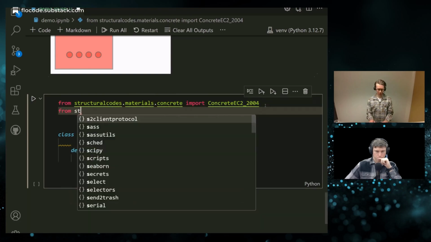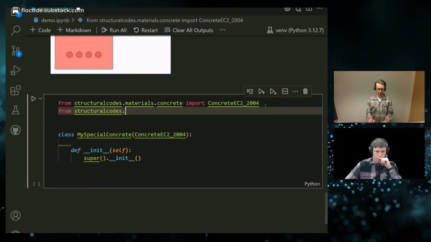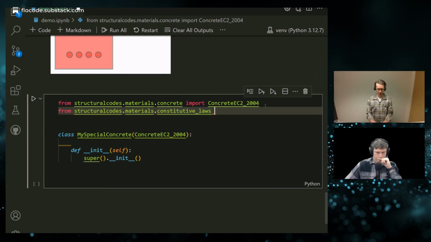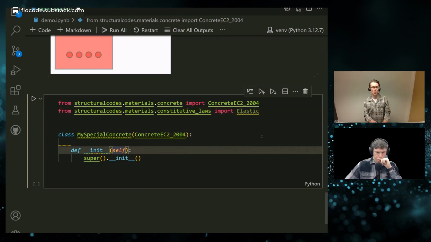So let's now do a from structuralcodes.materials.constitutive_laws import Elastic, for example. So let's now say that our really special concrete takes Young's modulus as an argument.